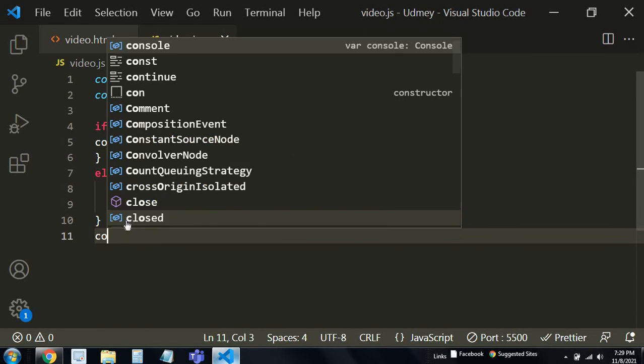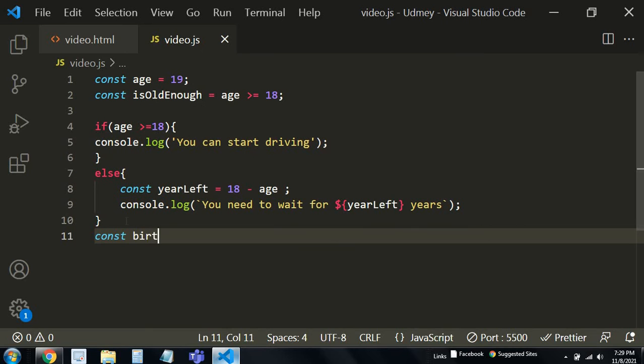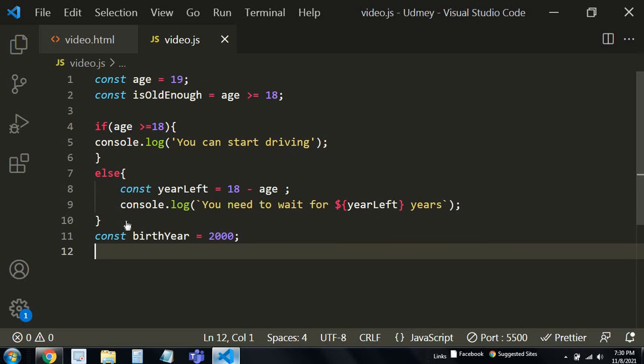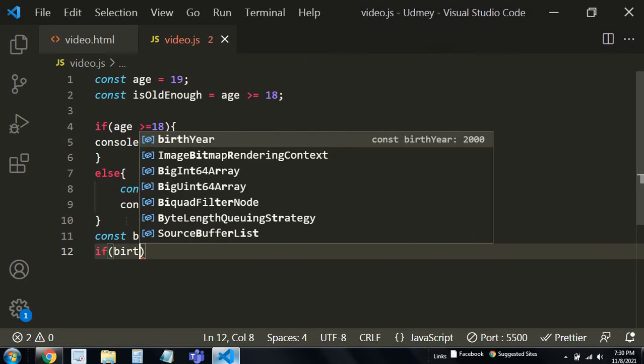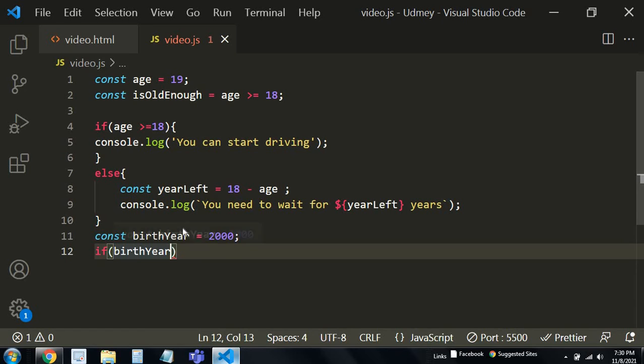That is for the birth year. Give a const birthYear and then is equal to, suppose the current year is 2000. So suppose your birth year is 2000.